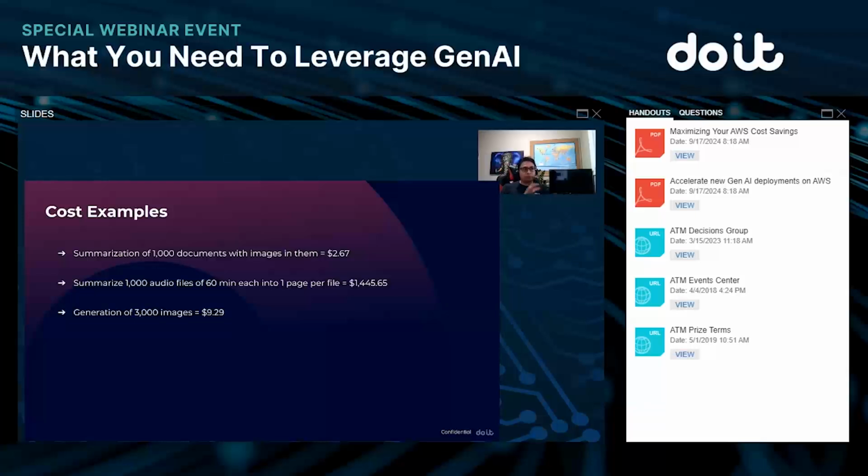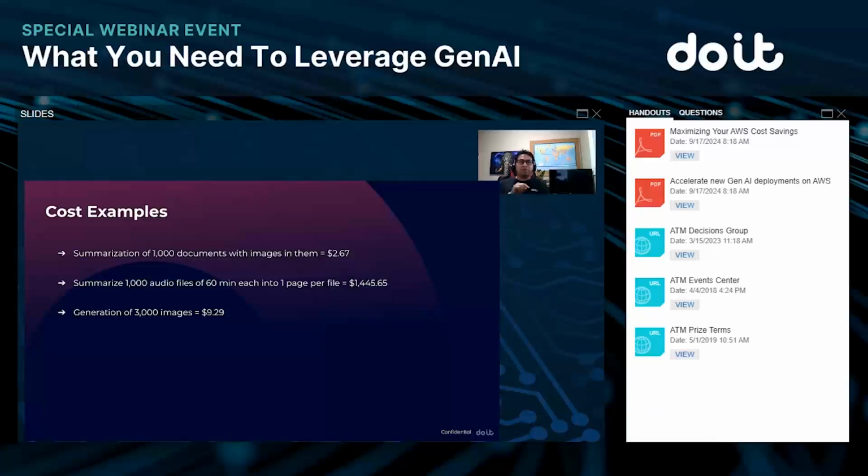Now I'm going to leave the middle one for a moment because I'm going to explain something in there. But now let's go to generation of 3,000 images. So maybe you're in retail, you want to generate new images, or you want to make modifications to images. $9.29 on these generations of new images. Now this includes some of the cost of storage, so keep that in mind. I'm trying to include costs not only of the GenAI model, but for example, of some compute instances or traffic, data transfer from one place to another, things like that. It's already included in this. So you can get a sense of, hey, processing of documents is not that expensive. Generation of images is not that expensive.